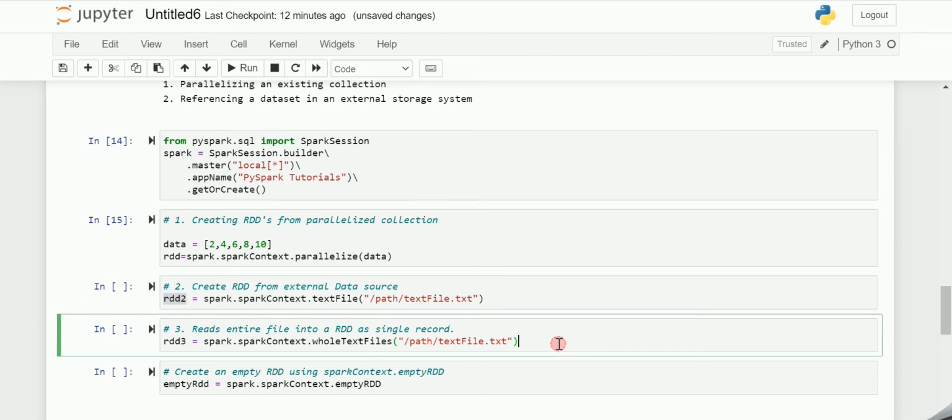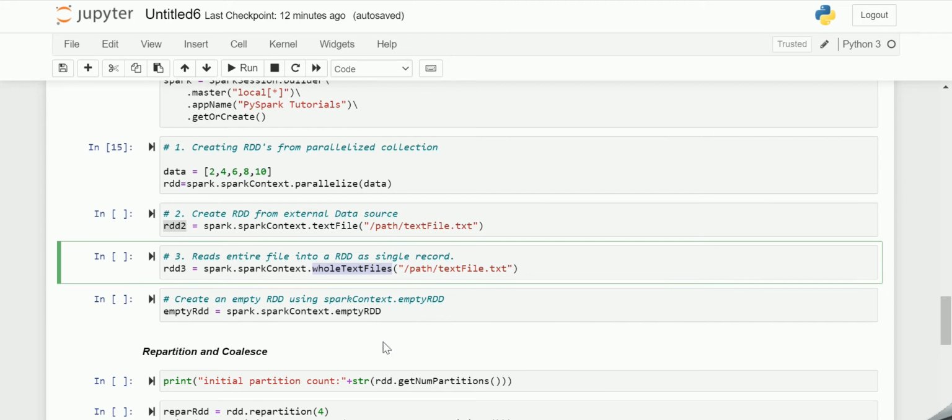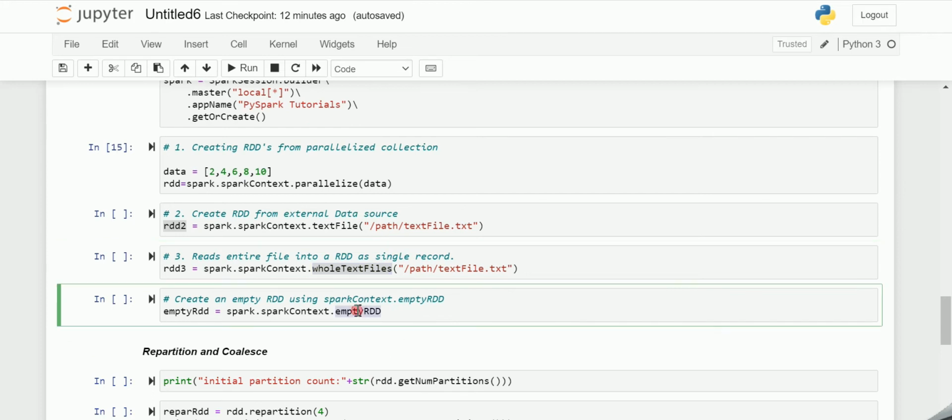If you want to read multiple text files within a directory, you can make use of the wholeTextFiles method, and this returns a paired RDD with the key being the file path and the value being the file content. We can create an empty RDD using the method called emptyRDD.